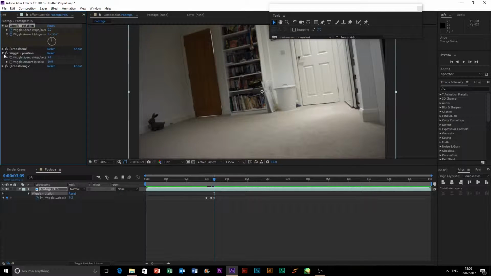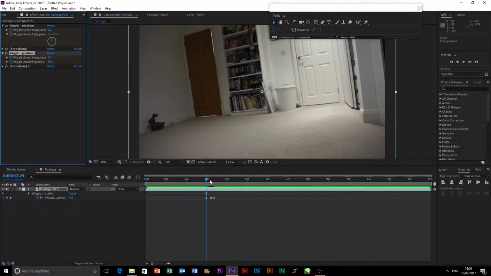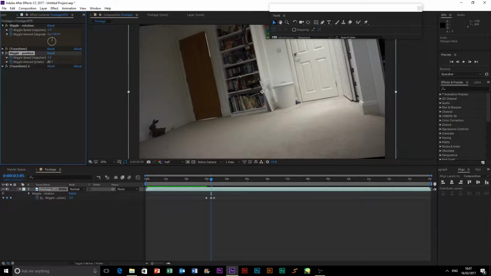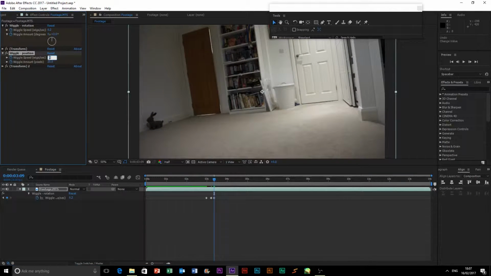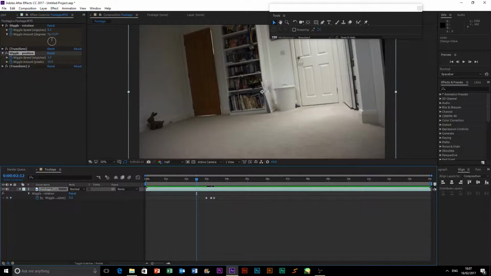So that's just the rotation. Then we can do our position, so we can put the keyframes in the same place, click them both on. Again, going way over the top, so I'm going to literally put this to 2 and 20, and then we'll go back down to normal, so we've still got our movement in the scene. And if we just look at this,